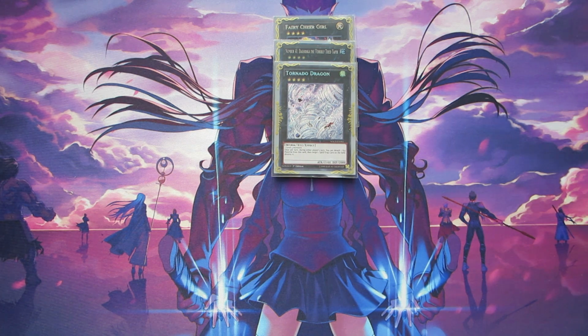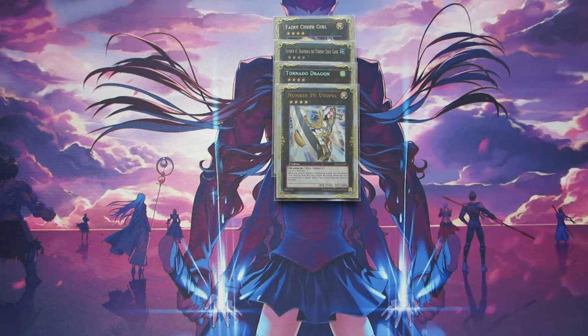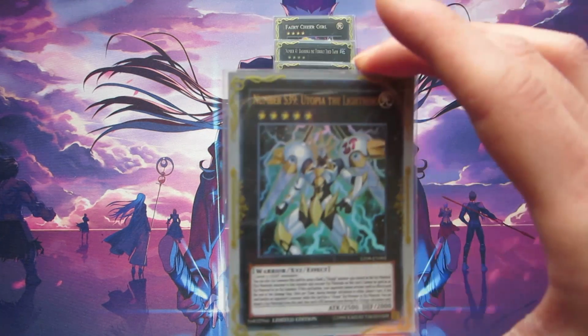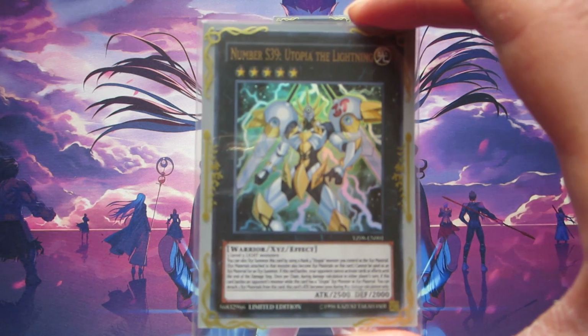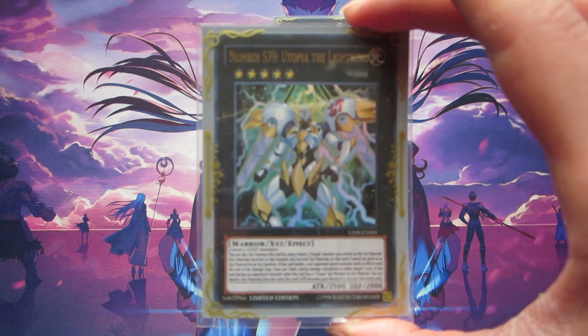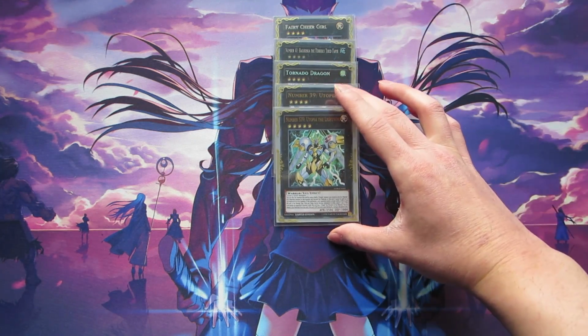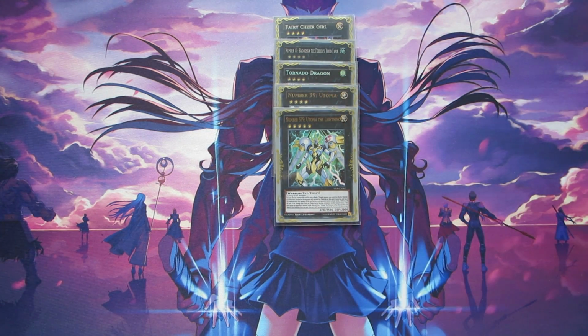And last but not least, for our XYZs, we're running one copy of number 39, Utopia, and of course, alongside Utopia, we're running one copy of number S39, Utopia the Lightning. And I am so glad that I kept these cards because they're so powerful. Utopia Lightning especially because you can just run over anything that your opponent has and you can not worry about